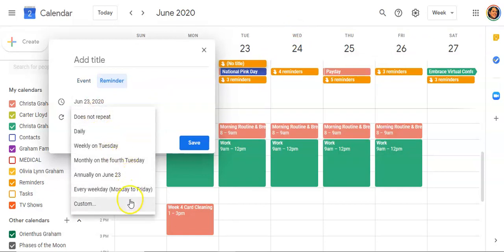So I have a lot of things that repeat monthly. For example, on the first of the month, I always like to change out my kitchen sponge, just so that I know every month it's a nice fresh new sponge. So that reminder is set to repeat on the first every month. And then